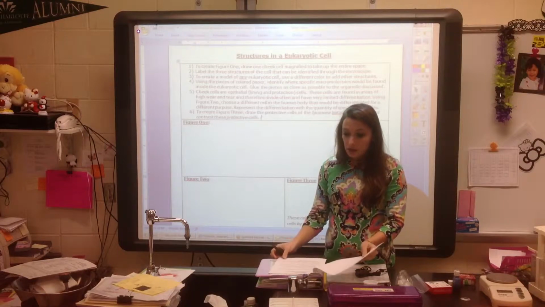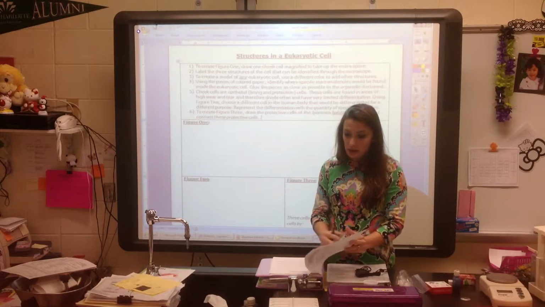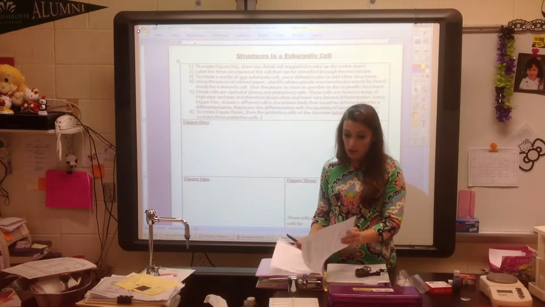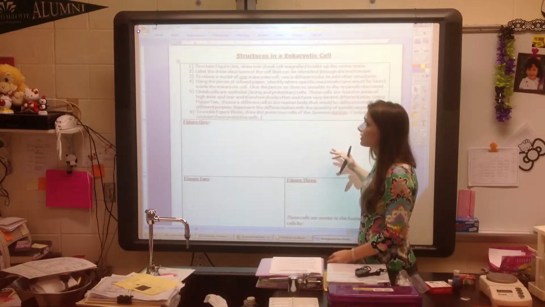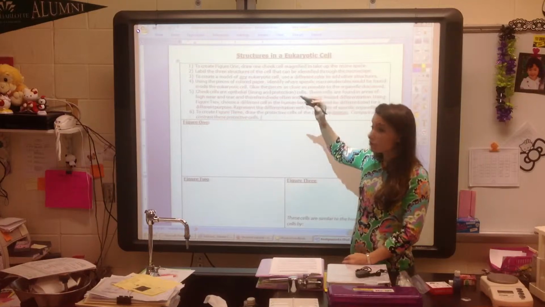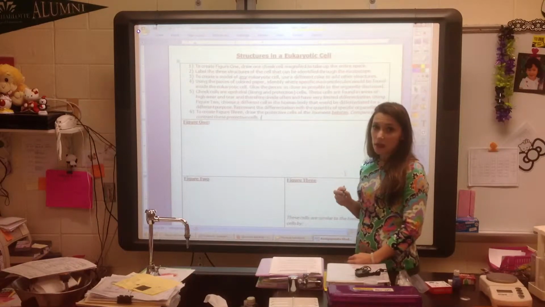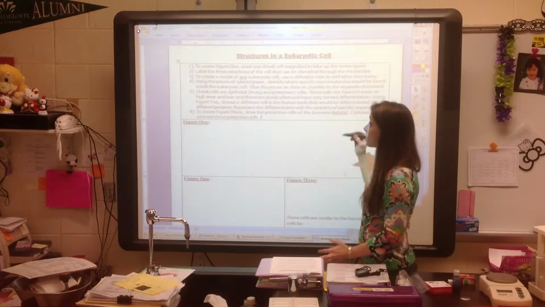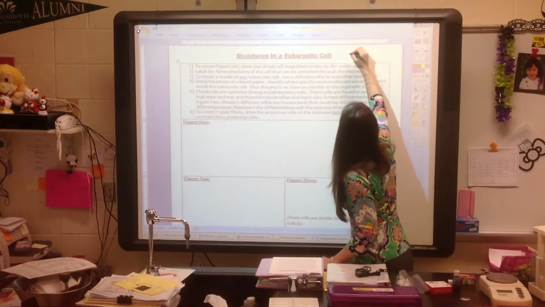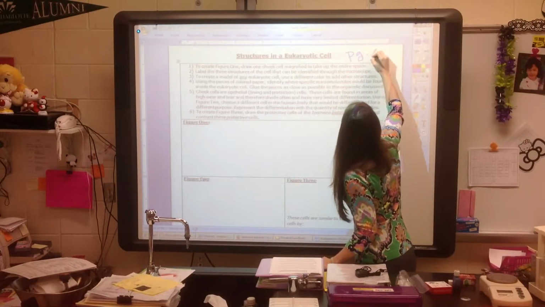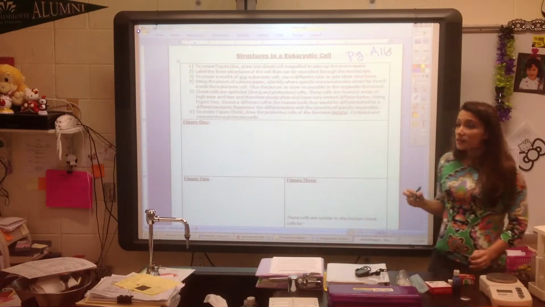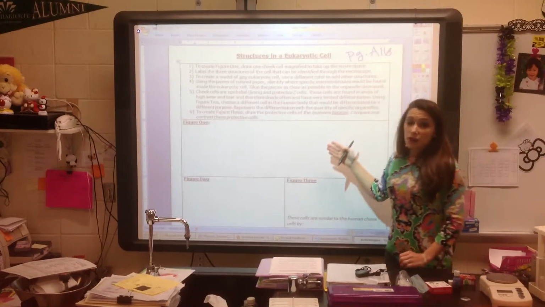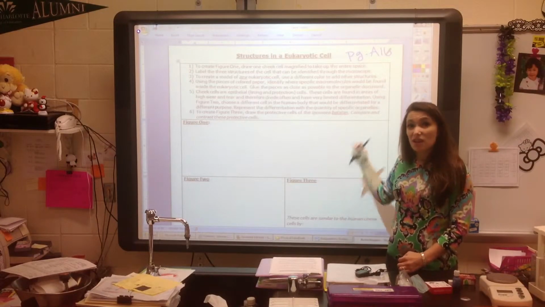In fact, tomorrow is going to be the last day before your quiz. So today, we want to take a little while to practice more about the structures in a eukaryotic cell. A few days ago, you looked at a cheek cell. So everybody will be on page A16. On page A16, this gives you directions for how to go back and look at cheek cells again for